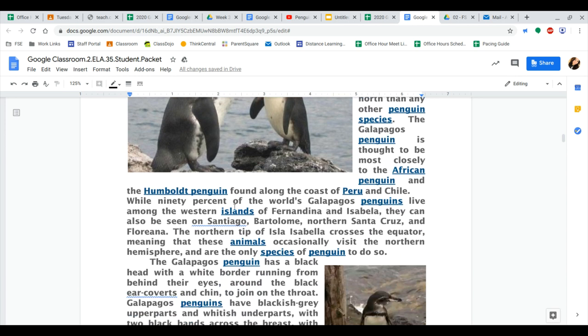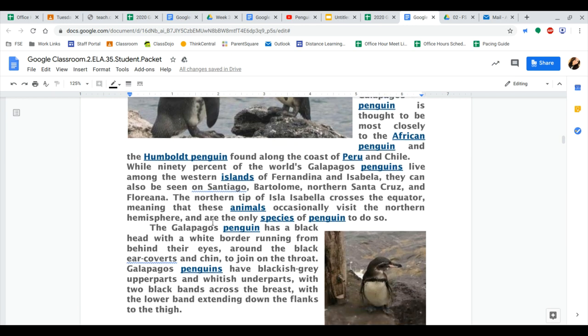While 90% of the world's Galapagos penguins live among the western islands of Fernandina and Isabela, they can also be seen on Santiago, Bartolome, northern Santa Cruz, and Floreana. The northern tip of Isla Isabela crosses the equator, meaning that these animals occasionally visit the northern hemisphere and are the only species of penguin to do so.